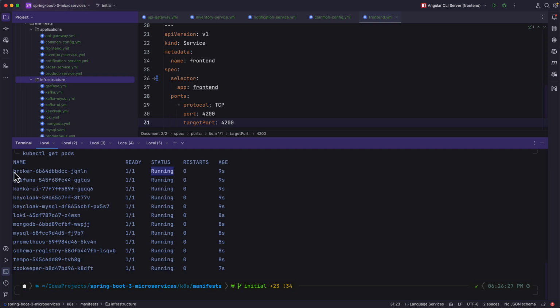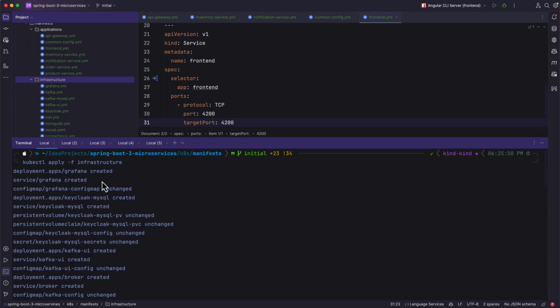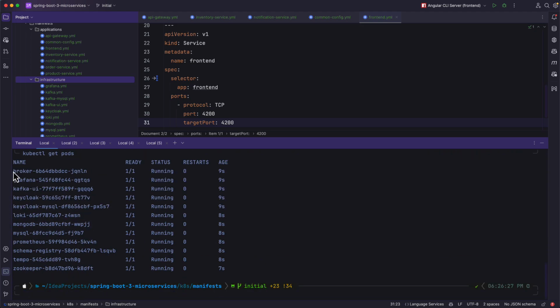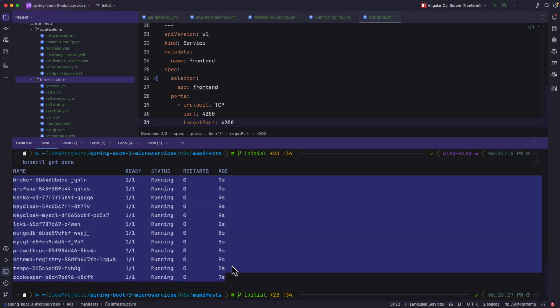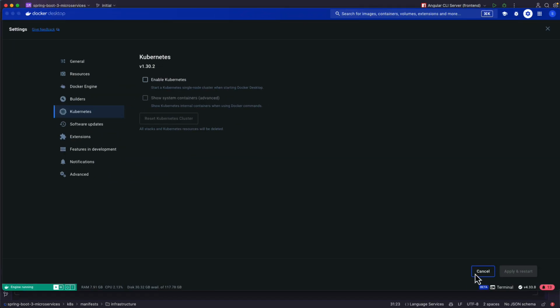After running this kubectl apply command, just give it a minute or two so that all the Docker images are downloaded, and then the Docker containers will be started slowly, and then they will be in the running state. You may face some issues with your Docker configuration. What I mean is, if I open the Docker dashboard and click